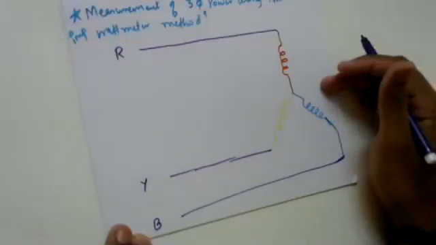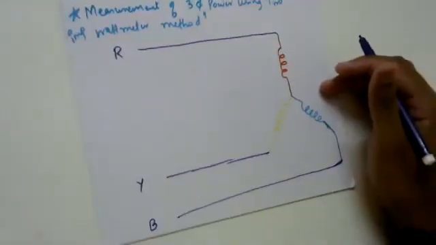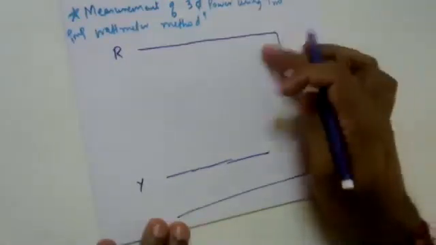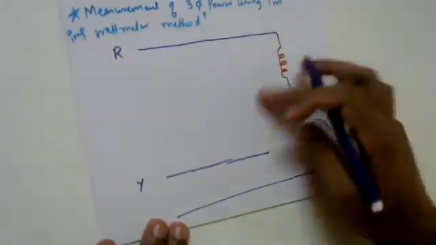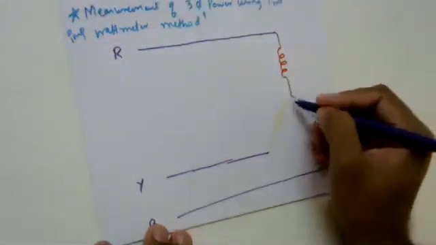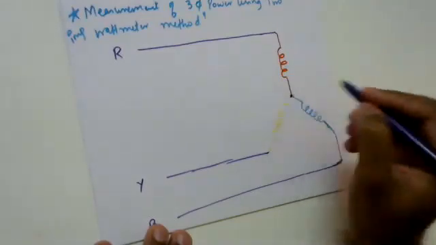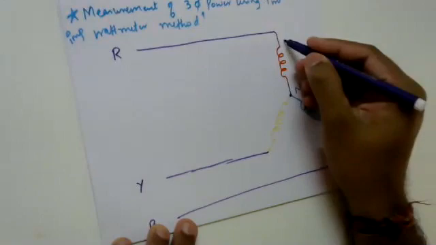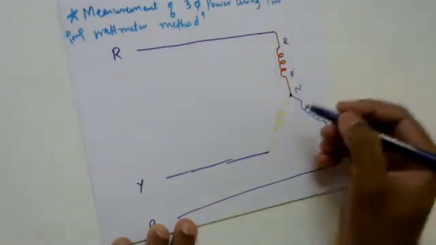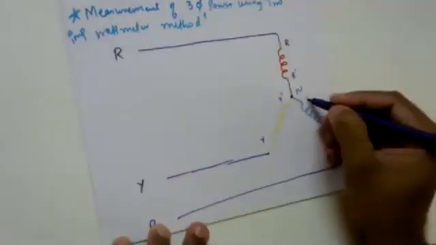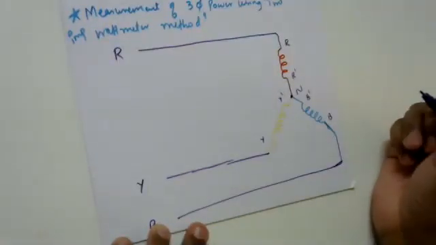Okay. So now what I need to understand over here is, I want to measure the power being consumed by this particular load. Since I know that it's a star connected load, all the 3 points are being joined at one point. It's called as a neutral point. So this is my R dash, this is Y dash, and this is my B dash, right?